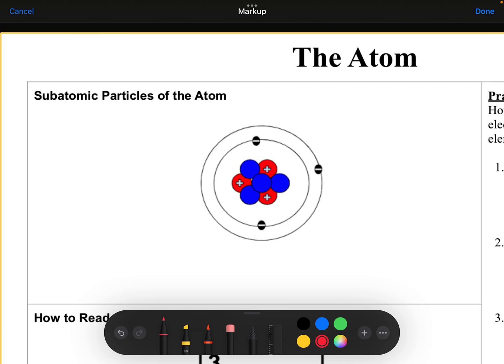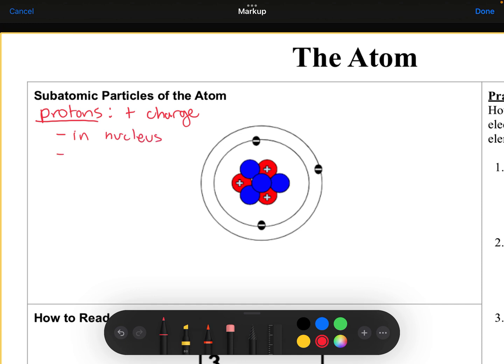So let's talk about protons first. The protons in this picture of an atom are red in color, and they have that little plus in the middle because protons have a positive charge. Each proton has a +1 associated with it. So this atom pictured has 3 +1 charges in its nucleus. Protons are always going to be found in the nucleus,